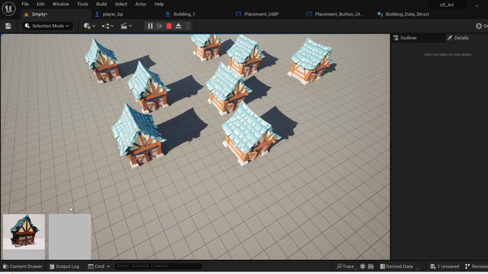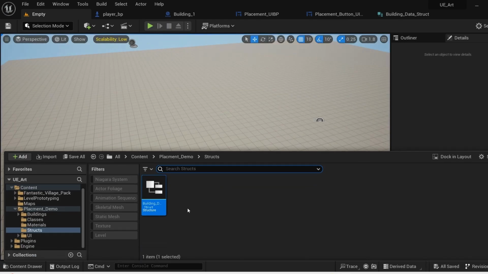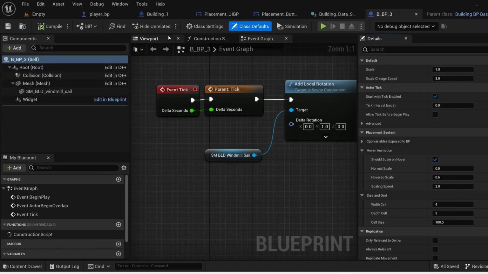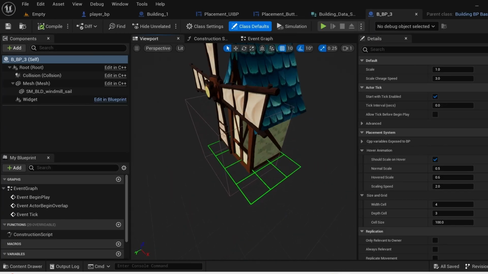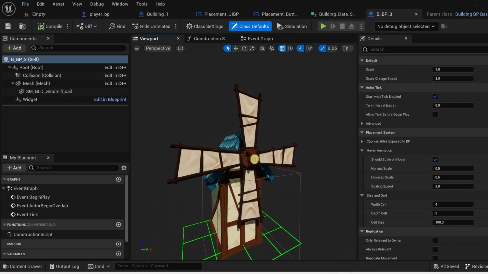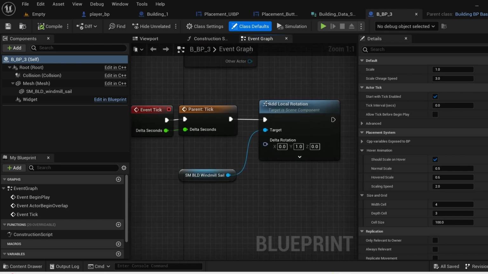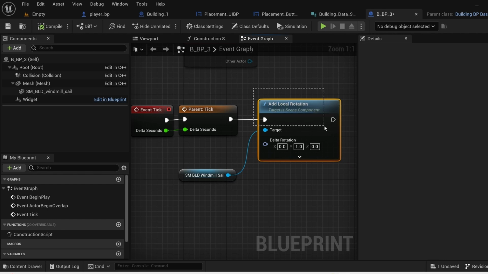Let's add one more building to this. So I already created some other buildings here with different classes. Let's say use this one. This one is another simple one. This one has this fan or something that is rotating. I just added this to the tick to rotate this. It's called